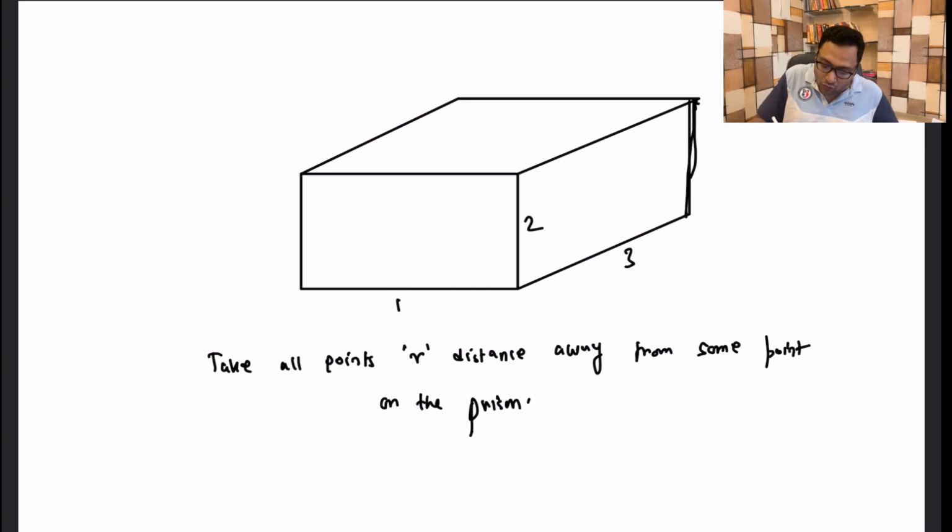So let's say if you have only one set of points at most, let's use the word at most. Okay, so if you have just one point and you want to take all the points which are at most r distance away from this one point, then what you do is you take the disk,